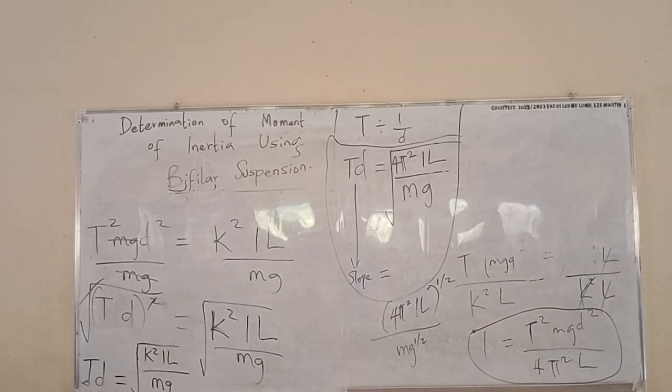Is it confusing? At that point when they say find the moment of inertia, the same way we tried to derive the equation and got that I is equal to this thing, use that same equation and run down till you get I equal to 4 pi square L over T square, times b squared. When we finish getting the error in slope, we will come back and solve this moment of inertia. So let's check the next question. Calculate the moment of